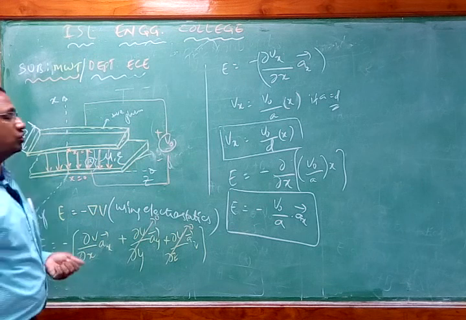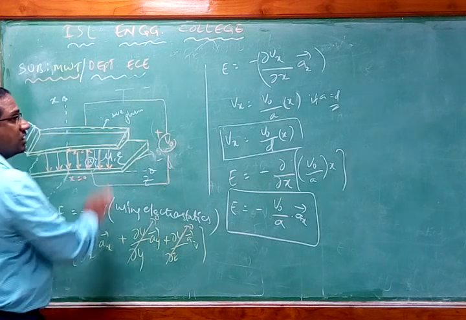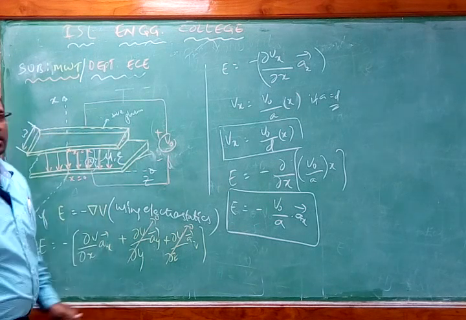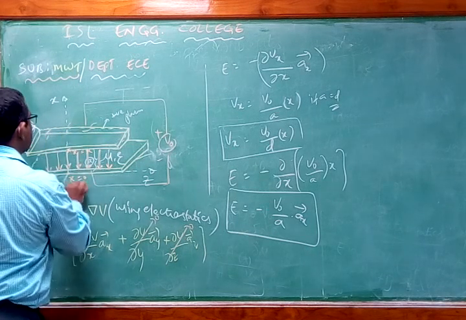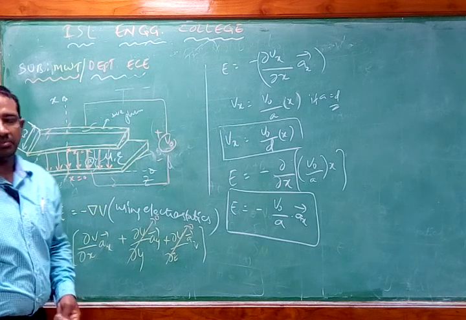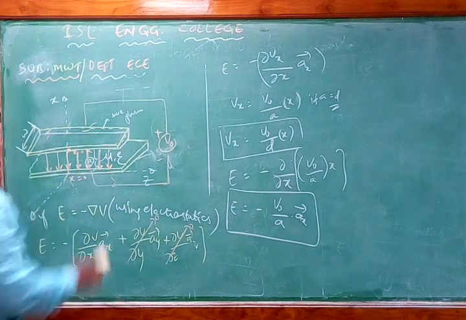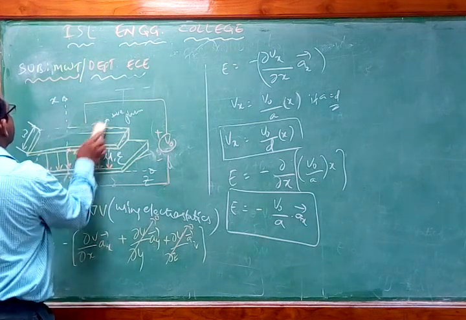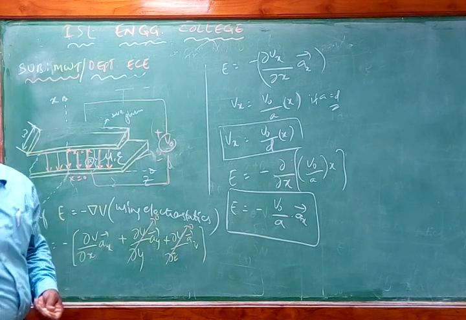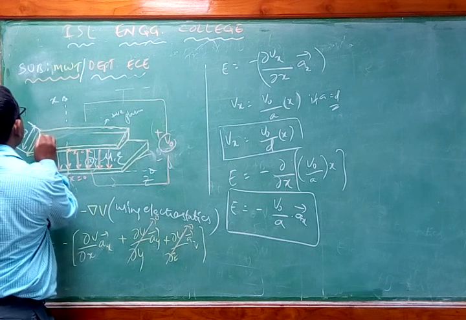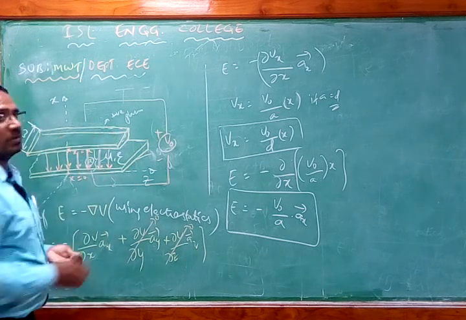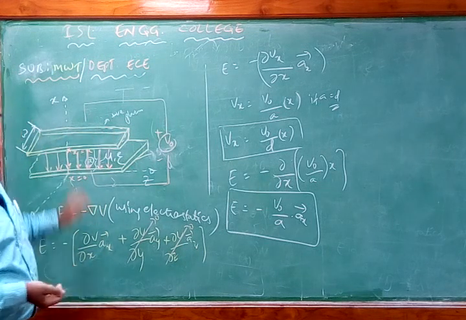And we are assuming that there is no fringing effect outside these plates. Fringing means there are no fields outside of this particular plate. No fields are flowing in the outside region of the plates. All the field directions are within the parallel plates. That is the consideration we normally have.